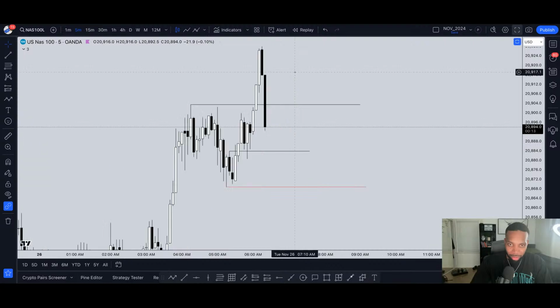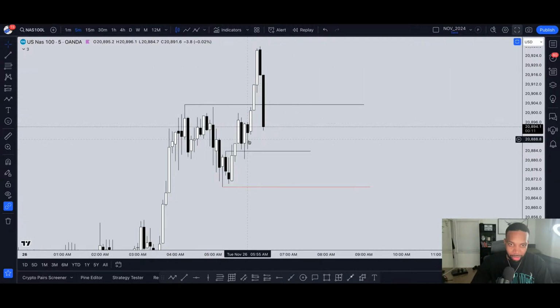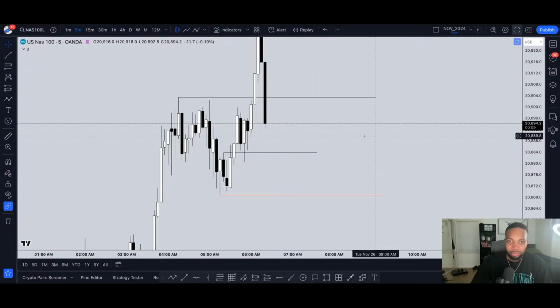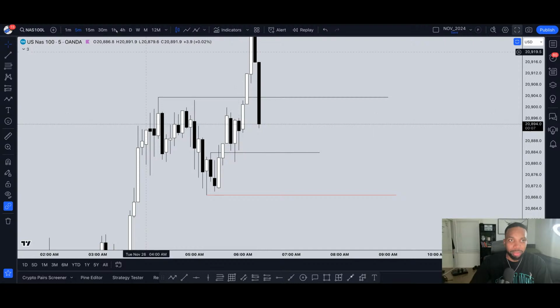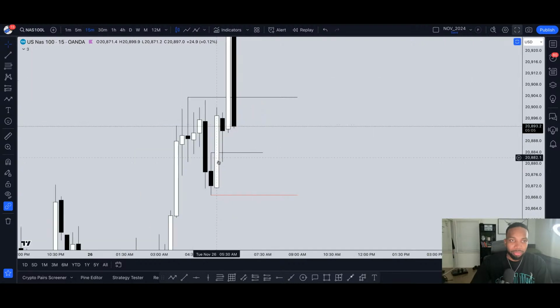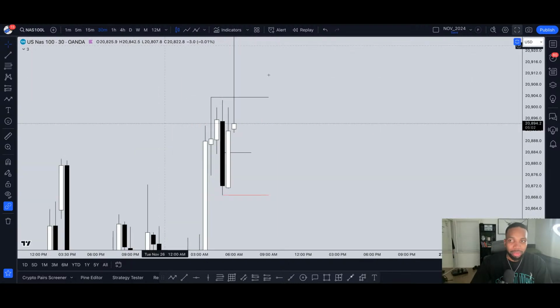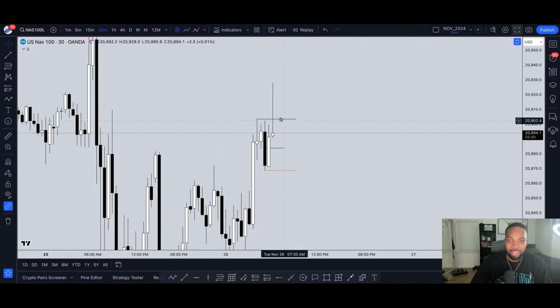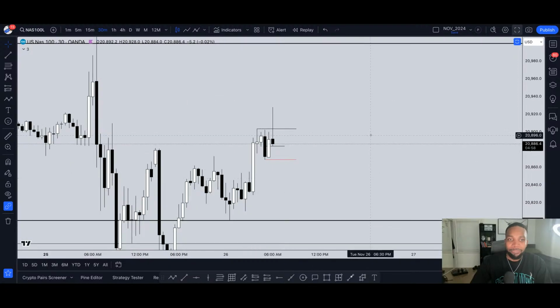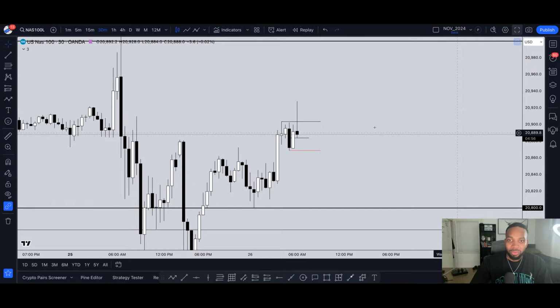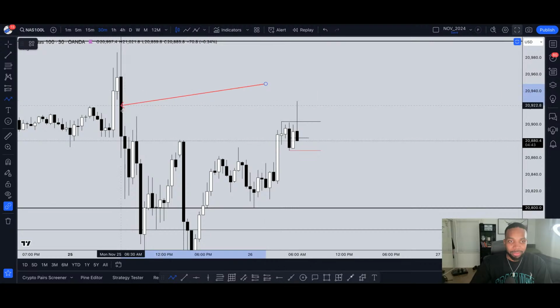Let's see. What's any efficiencies here? Not really. I just see like an order block. Let me see this. Nothing. Geez, look at that. Look at that 30-minute. It's nasty. Price came up. We didn't break above the highs here on the 30-minute. On the smaller time frame, it looks like we did. Right? We came up with a wick. We swept this liquidity, and we tapped into this imbalance here.